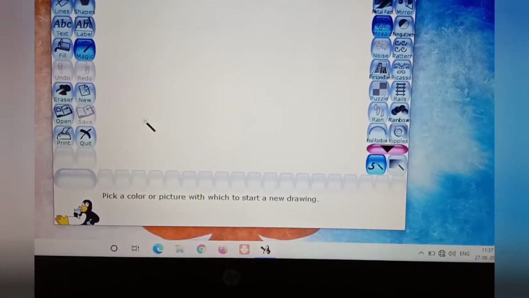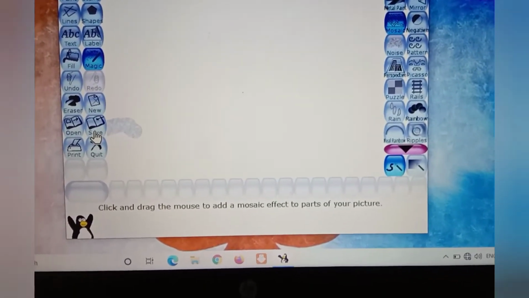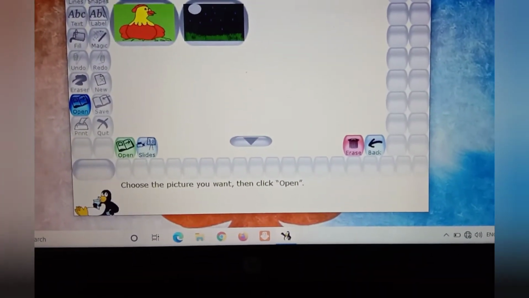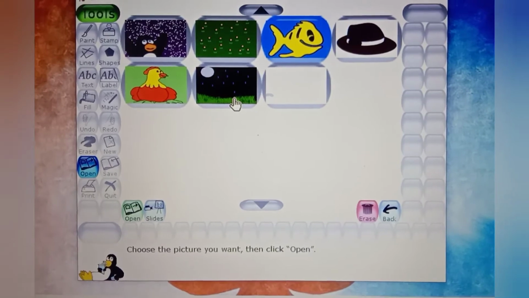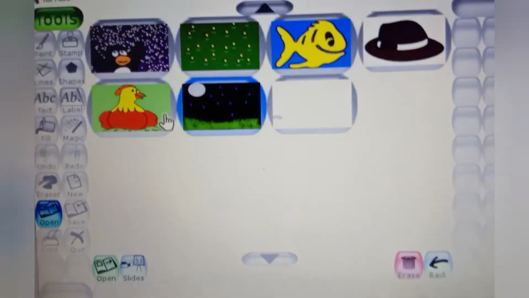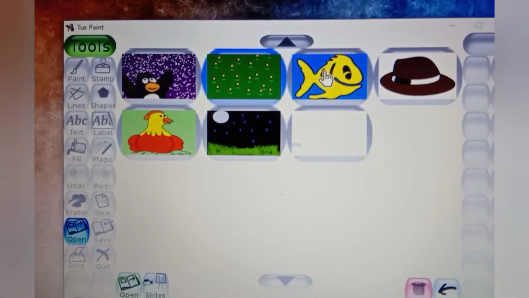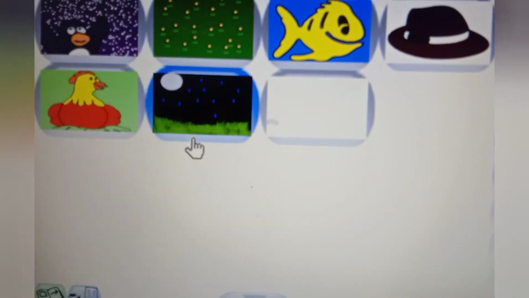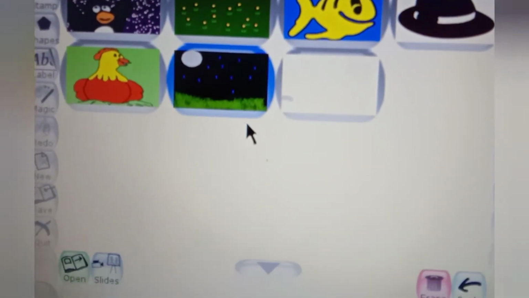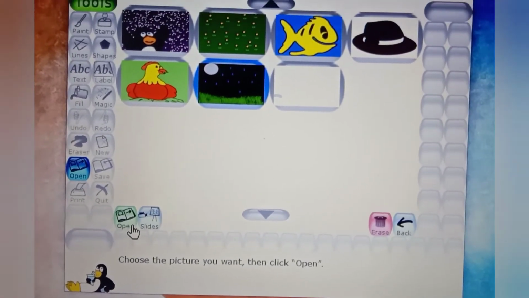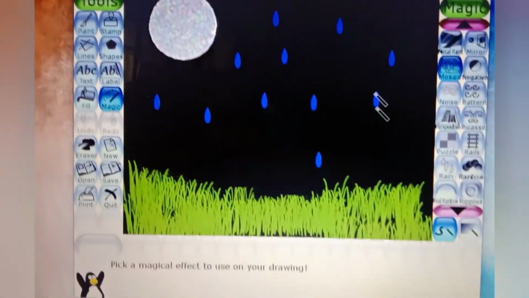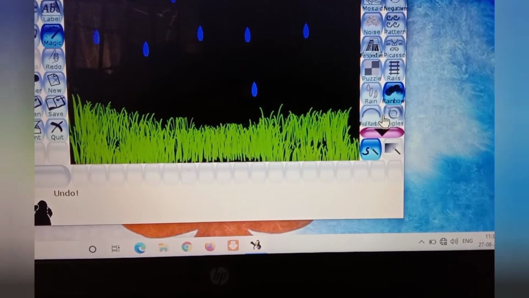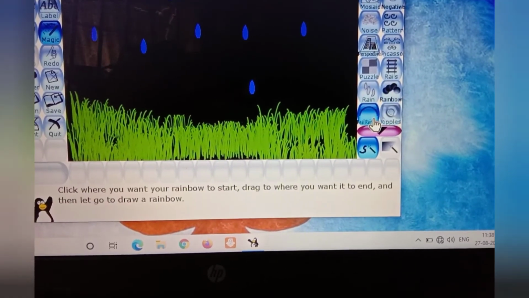So it is done, but we want to open the drawing that I did last. So just click on open. You can see all the saved pictures are shown to me. Click on the picture you want. We did it last, so you will click on it. Just see, when I click any picture, the outline is blue, which means it is selected. Then you have to click on open. Look, our picture is coming right now. We can add something more on it. We can also add ripples and a rainbow.